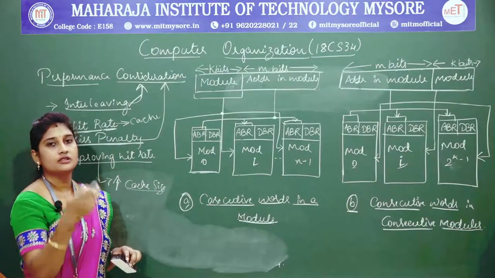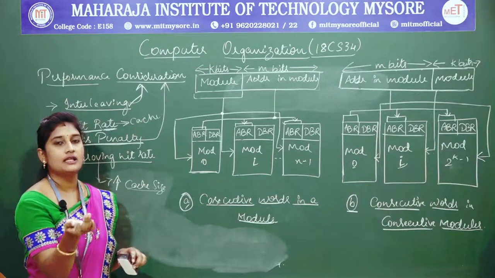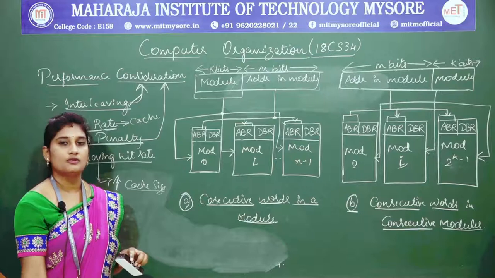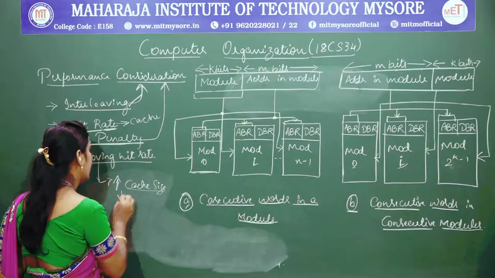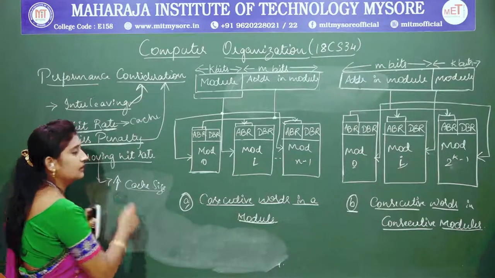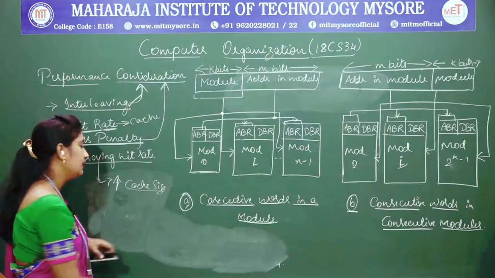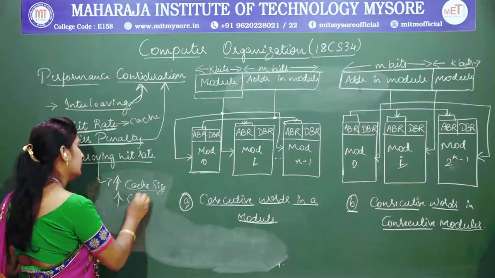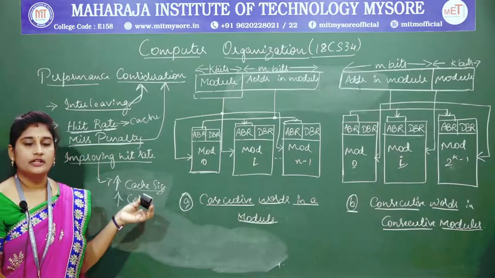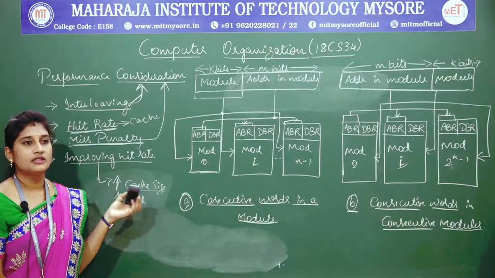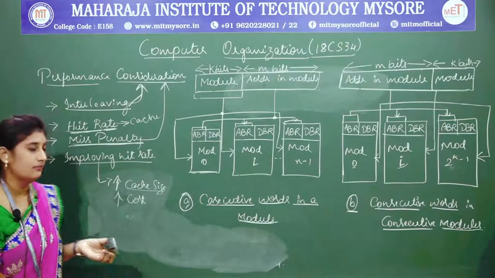So for the number of hits, whatever request the processor makes, if I get it in the cache itself, obviously my performance will be more. But one thing you need to note is that as you increase the cache size, obviously there will be an increase in the cost. So again it is a trade-off, and if you need performance in a good way, it will again be costly.